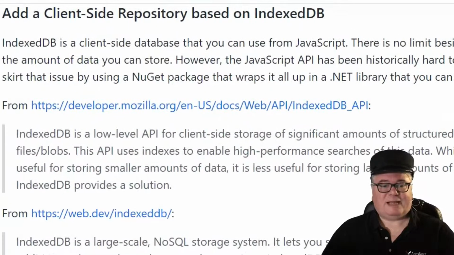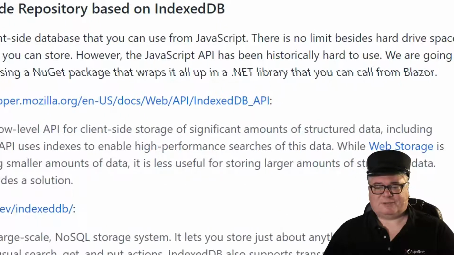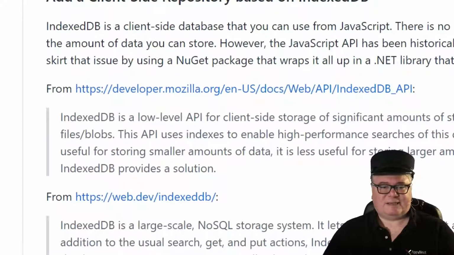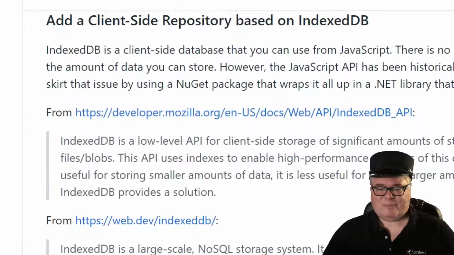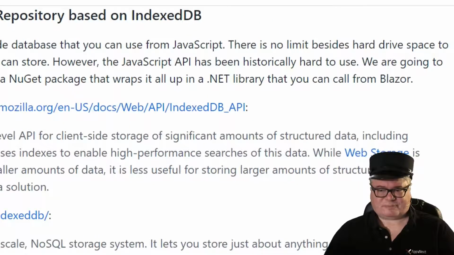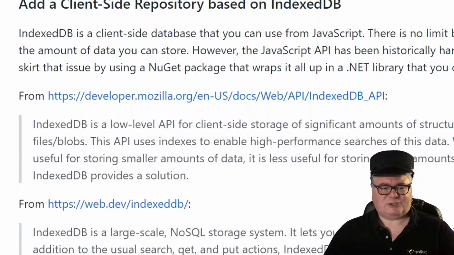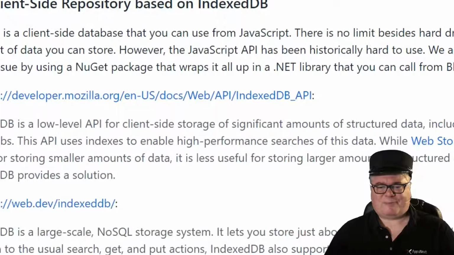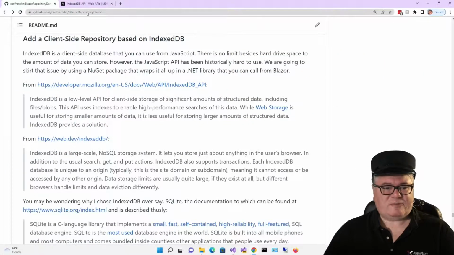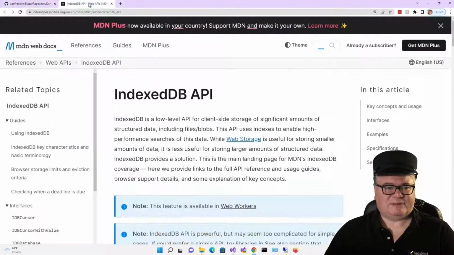IndexedDB is a client-side database that you can use from JavaScript. There's no limit besides hard drive space to the amount of data that you can store. However, the JavaScript API has been historically hard to use. We're going to skirt that issue by using a NuGet package that wraps it all up in a .NET library that you can call from Blazor. So from the Mozilla docs, which I've linked to right here,